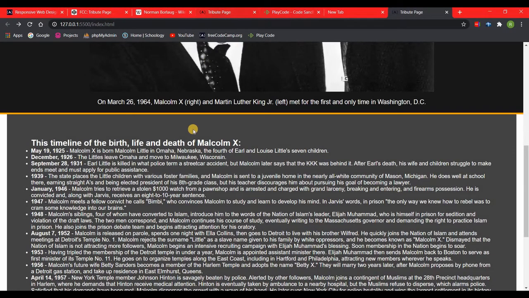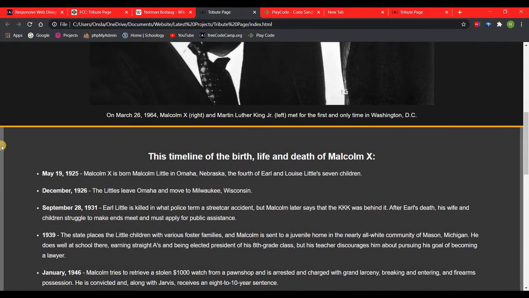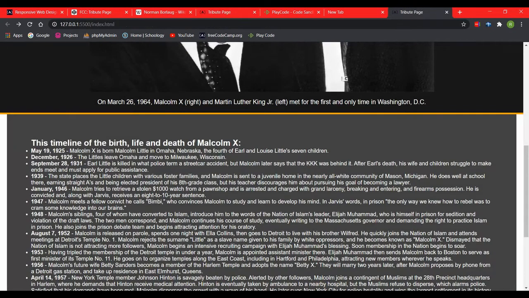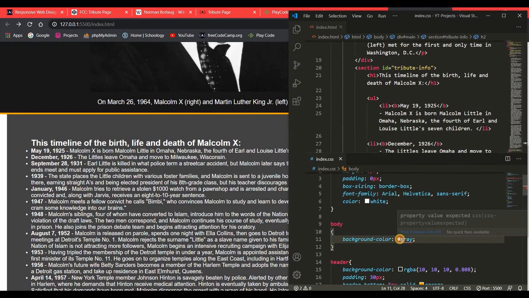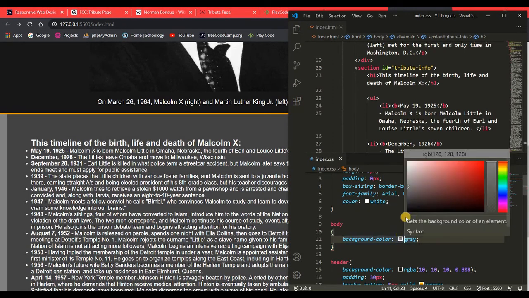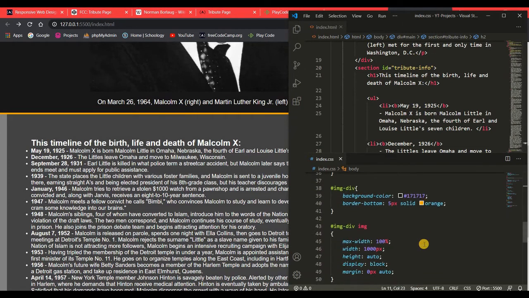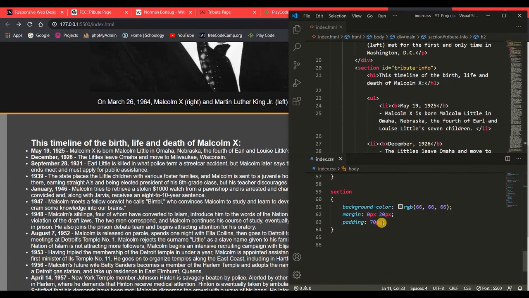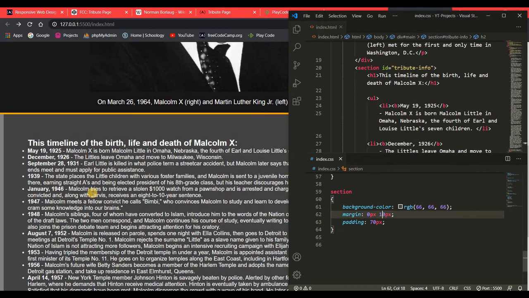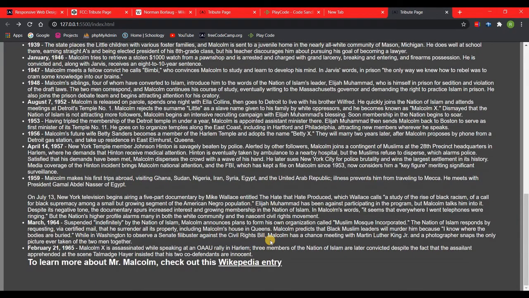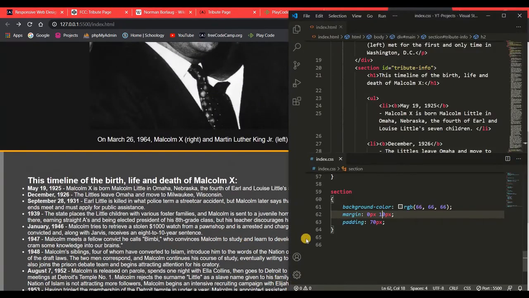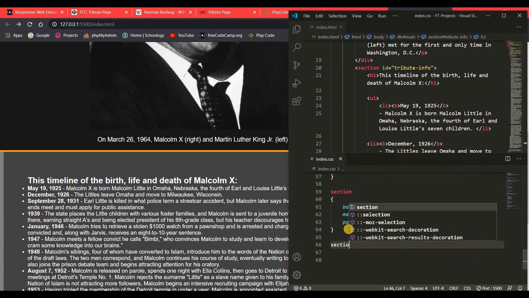Let's check this out. It's a grayish color. We just go ahead and mess around with the color. Yep, I think that's perfect. And change the margin up a little bit. This is better. It's way better. Alright, so now what I'm gonna do is style the H1 tag,